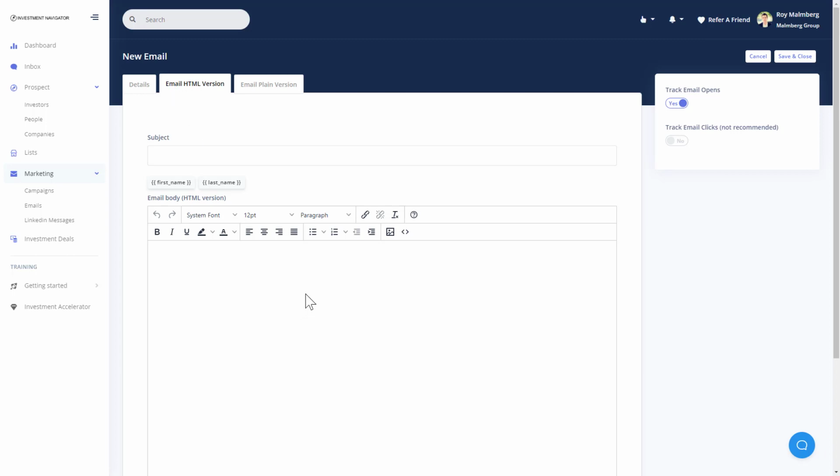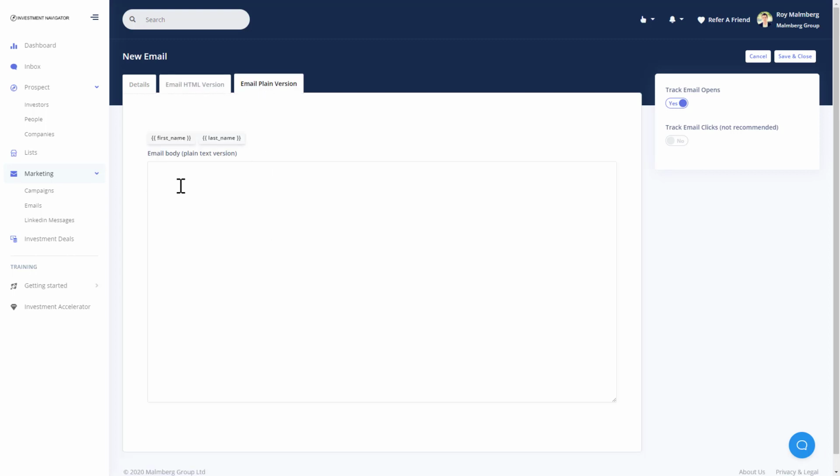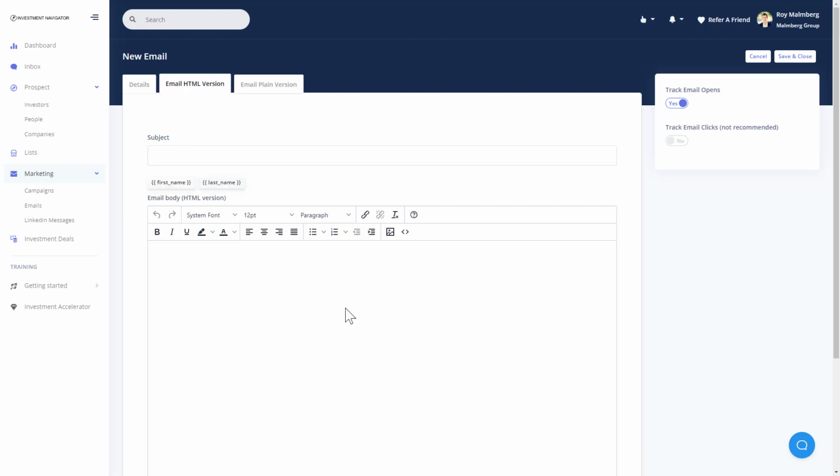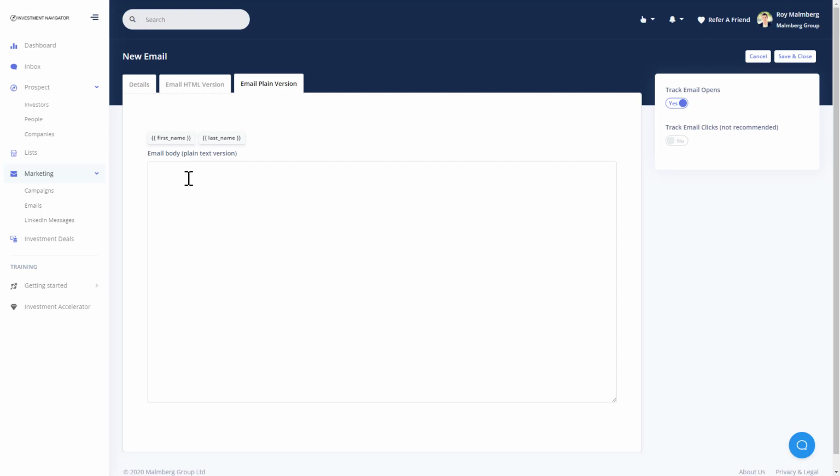But if they've got a setting that says only get the emails as text, then they will see this version. So you want to put both in there. So normally you would create the HTML version of the email, and then you would copy paste the text over